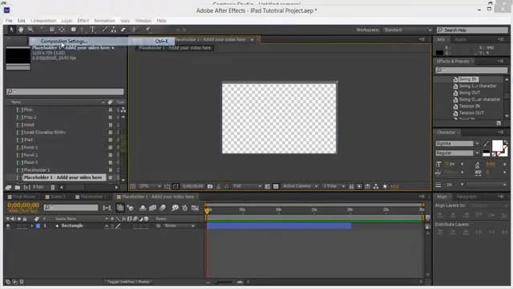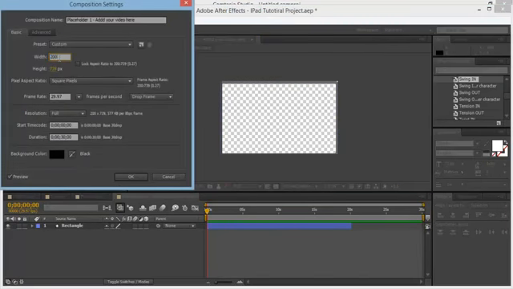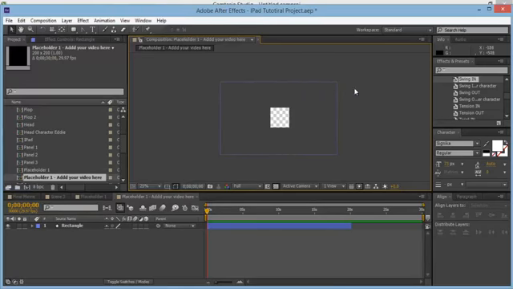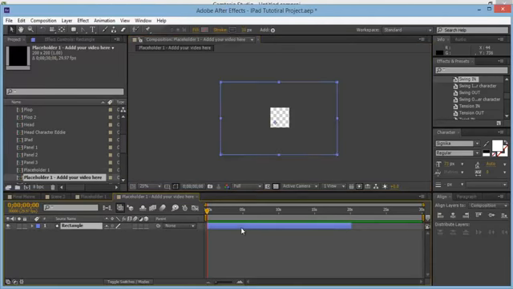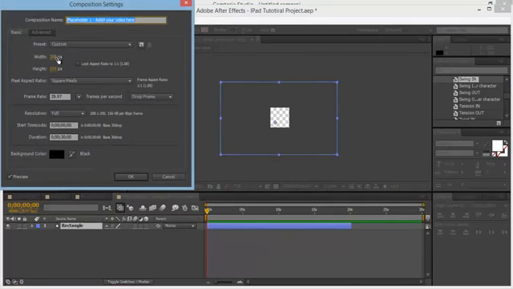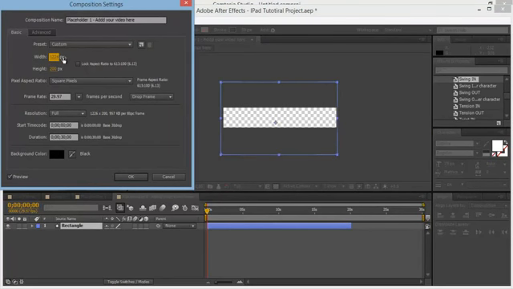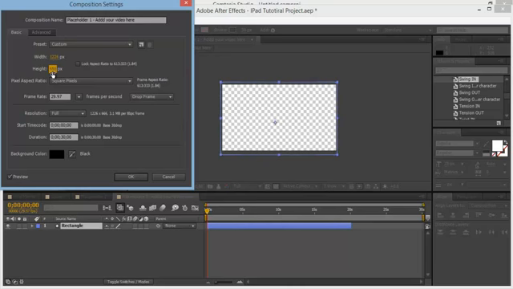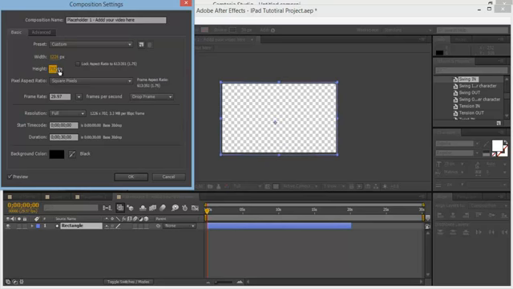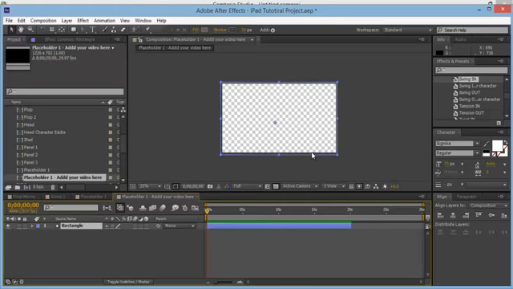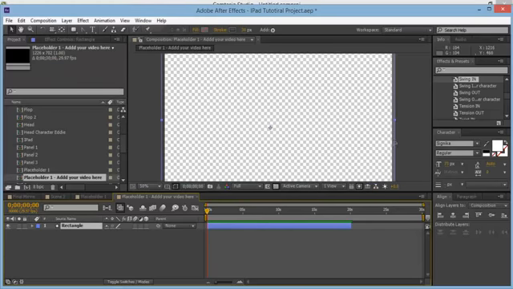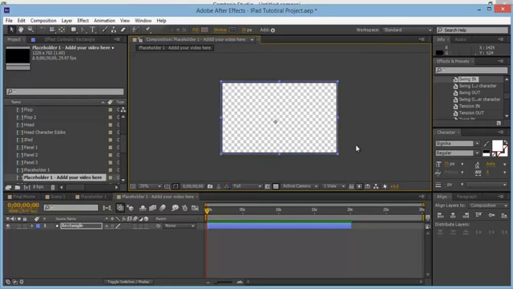Now, if your composition is, for example, 200 by 200 to start off with, then what you need to do is place your rectangle there, and then go to composition settings and bring it up so that it fits about the same size. Let's have a look. It's about 226. Okay, something like that. That looks quite good, and click OK. And then what we can do is position this rectangle. See, that looks quite good. Cool. So you want to make sure that the rectangle is bigger than the composition, because it's going to go